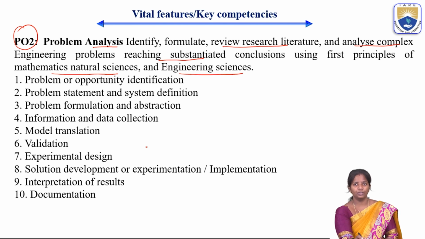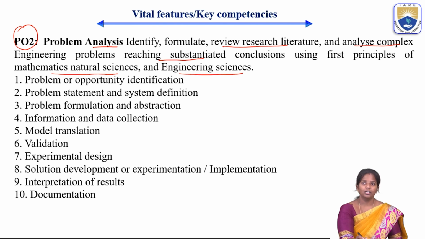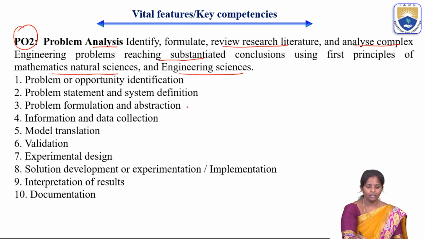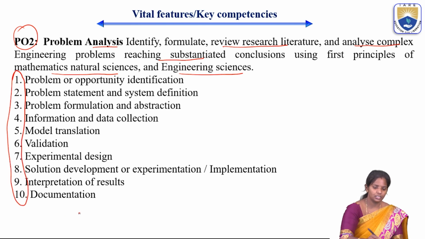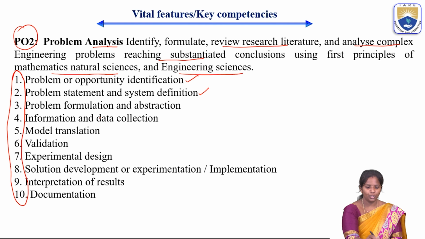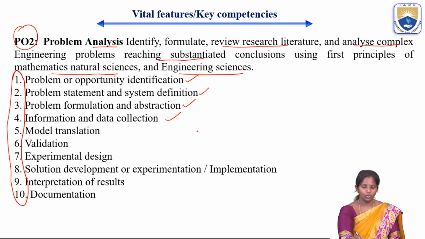So this is an example of a specific program. So using that we have formulated this, and it includes 10 other key features, or the vital key competences. So problem or opportunity identification, problem statement and system definition, problem formulation and abstraction, information and data collection. So depending on the course, only a few of them will be applicable. So accordingly, we use these for the